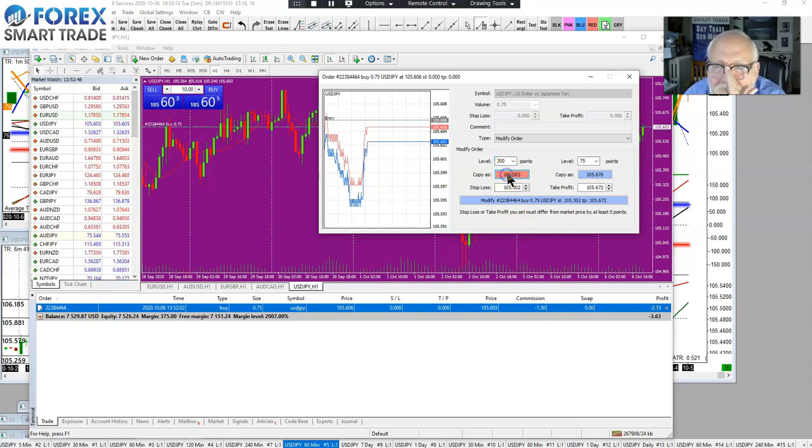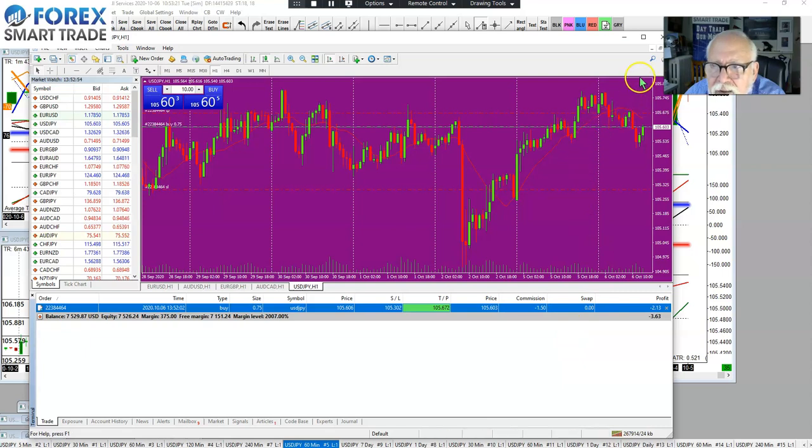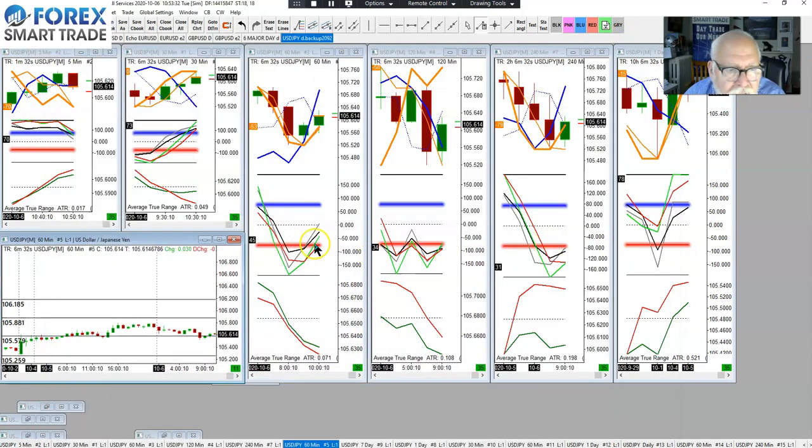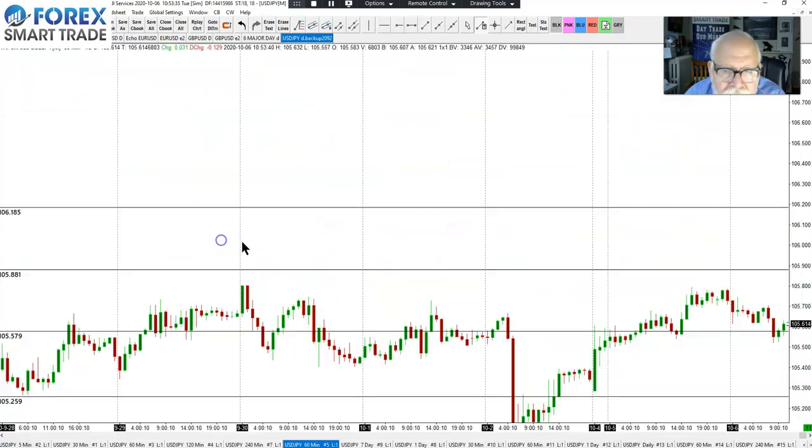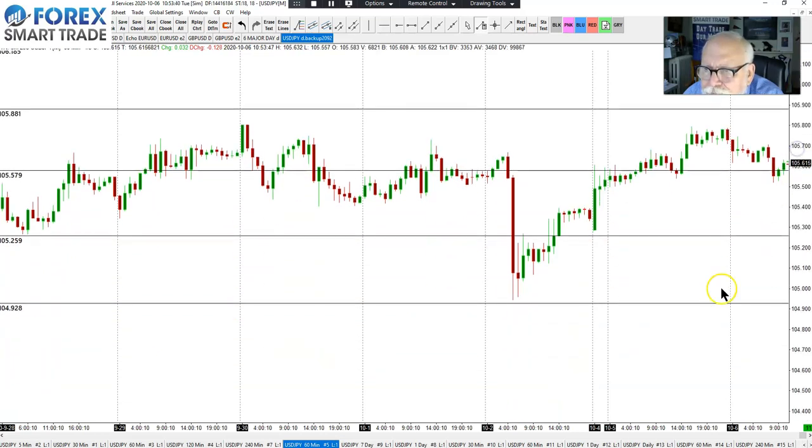And then I'm going to go back and take a look and see where my support and resistance are. Then I click this modify button, which drops in the take profit and stop loss. But I do want to look at the full chart to see I would normally want to take a